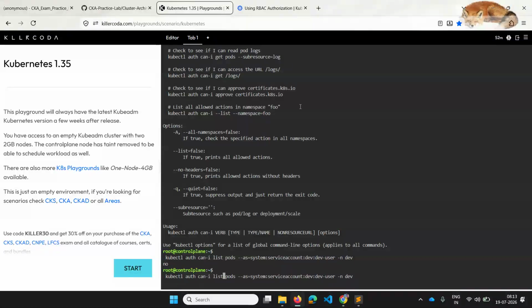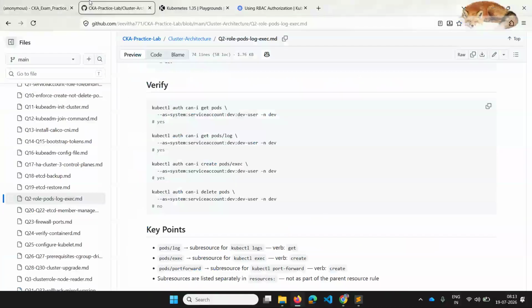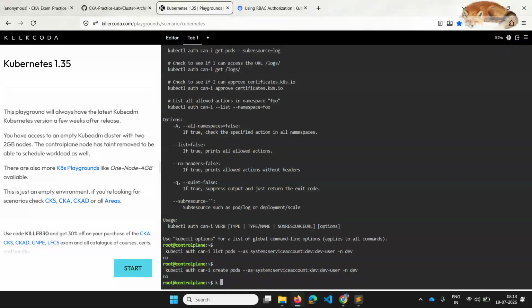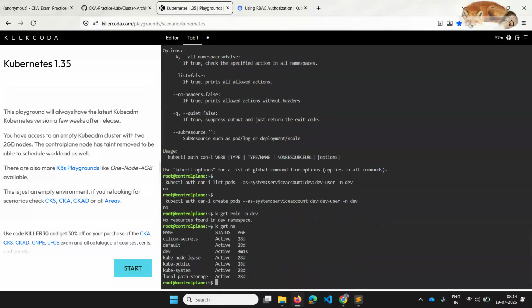Can I create? No. I'll just do get role in the namespace of dev. No resource found, is it?